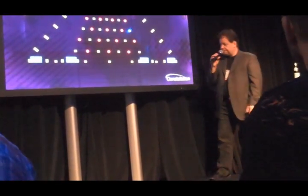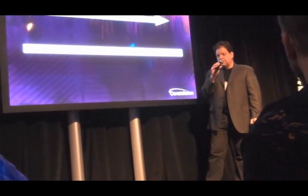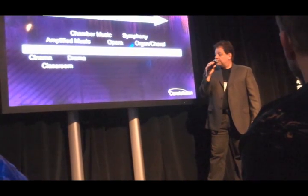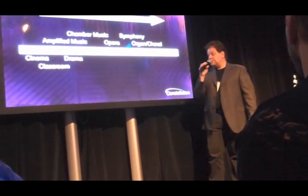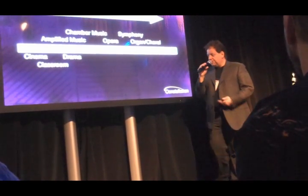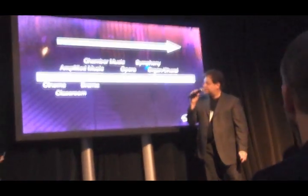So what we do is we work with the architects and acousticians. We want them to deliver us a very well-behaved room with a low reverb time. And that way we can add all these other acoustic environments for the different kinds of performance material. And that's the challenge: the poor acoustician, if he has no budget to do physical acoustics, says,